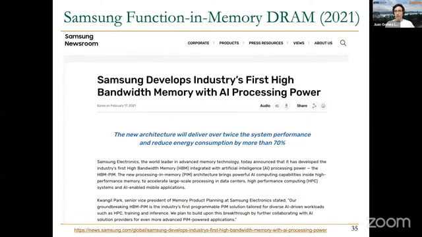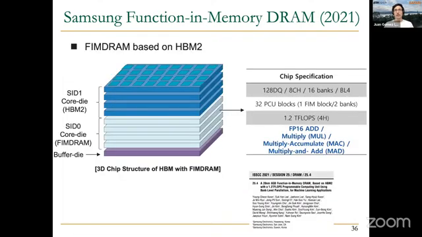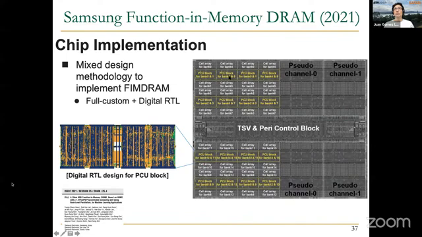Samsung, one major DRAM vendor, announced already two years ago their first processing-in-memory architecture targeted at AI and machine learning. It's called FIMDRAM or HBM-PIM. It's based on HBM memory. What they basically did was modify the design of the HBM2 memory layers in order to place small processors called PCUs, these PCU blocks that you can see here in the die photo, inside every two banks of DRAM cells. These PCU blocks are small SIMD units that have higher bandwidth access to the nearby banks, and they can perform